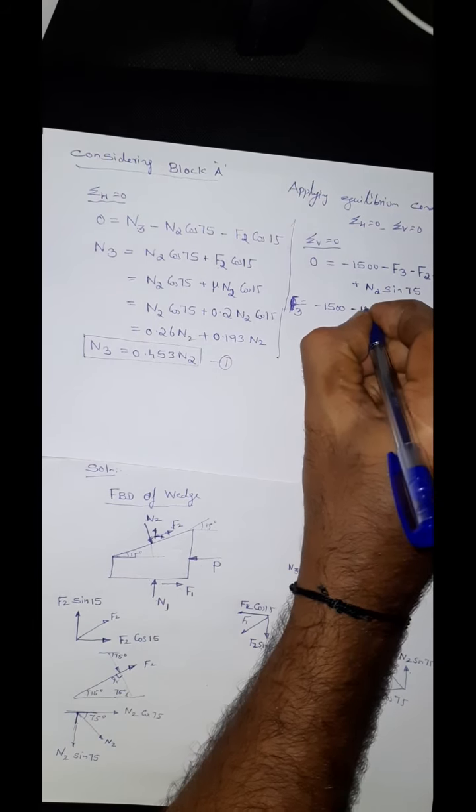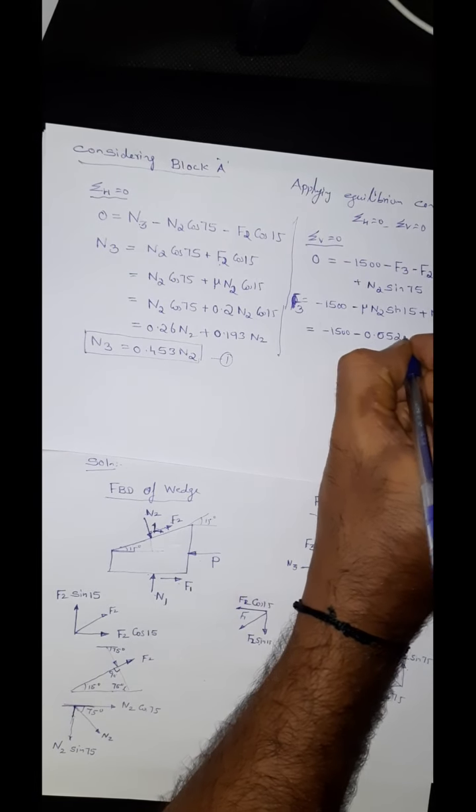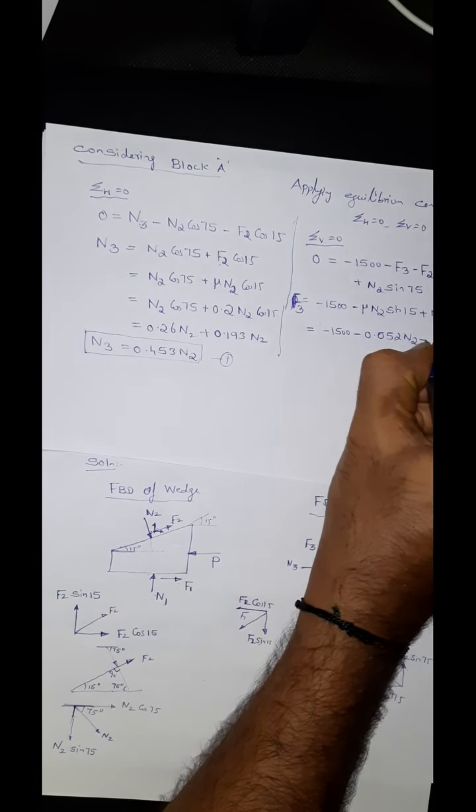The value of mu is 0.2 into sine 15, which would be 0.0517, so 0.052 N2 plus the value of sine 75 is 0.966 N2, that is equal to minus 1500. 0.966 minus 0.052 works out to 0.914 N2. So F3 equal to